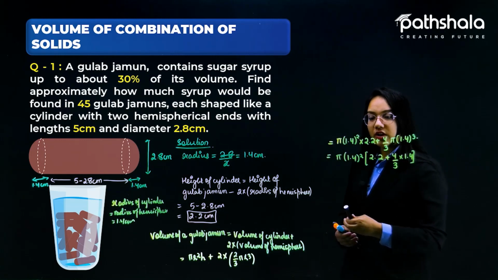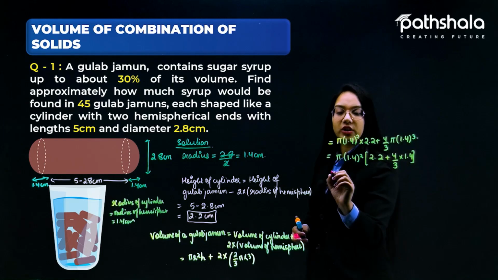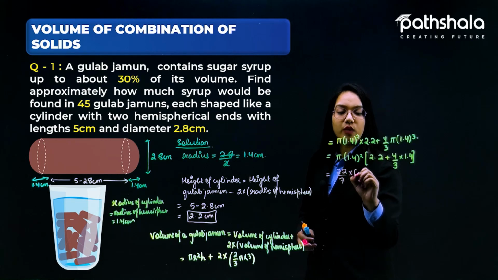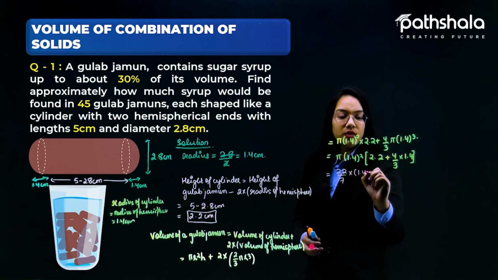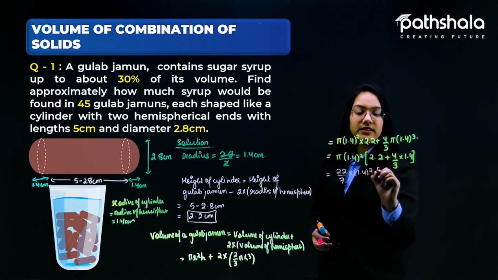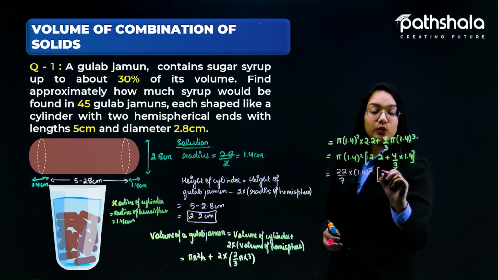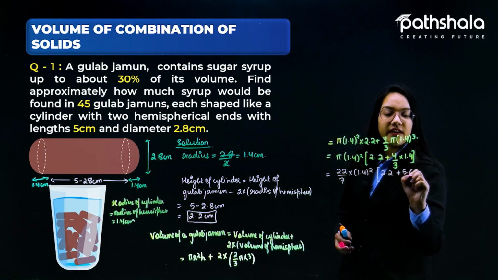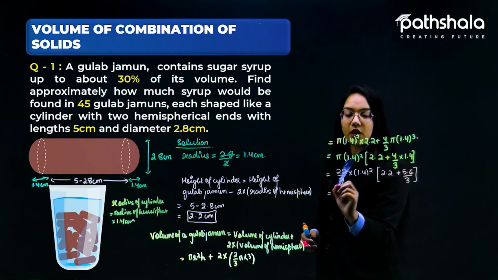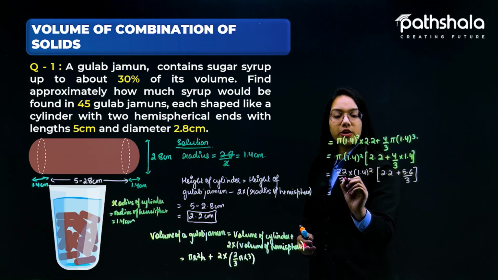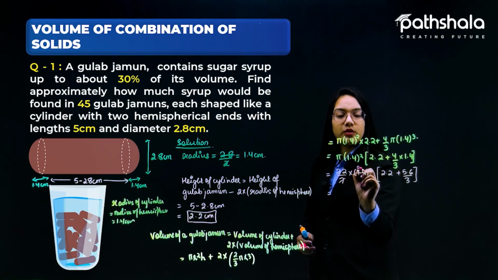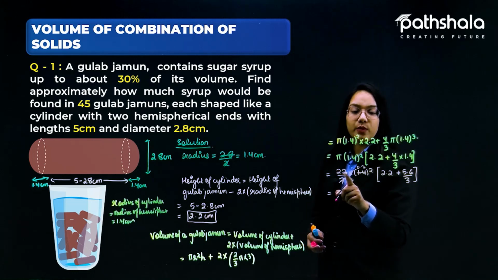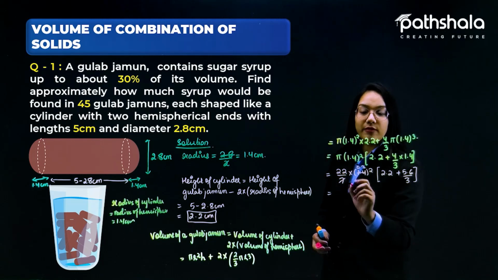We can see over here this is nothing but pi. Let us suppose I am taking this as 22 by 7 into 1.4 whole square, and we have 2.2 plus 5.6 divided by 3. Let's sort it out. This would be nothing but 7, and this would be 0.2 whole square, and further we can see when we multiply 22 and 0.2 whole square,